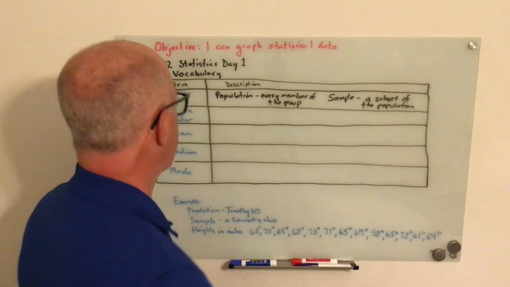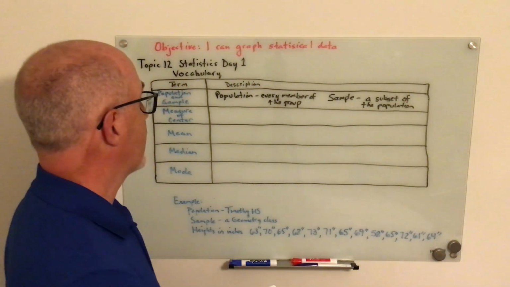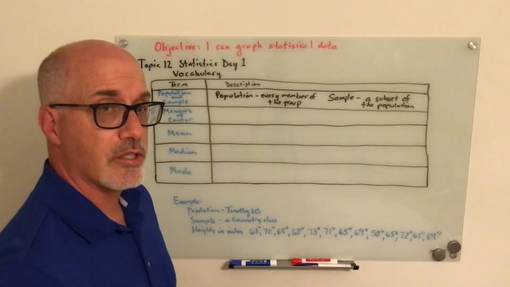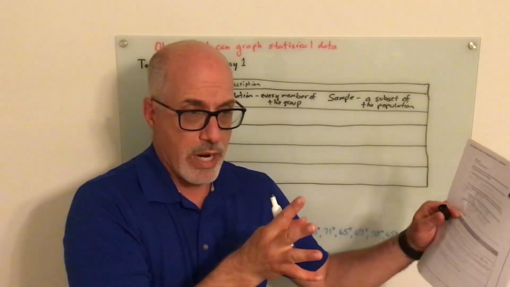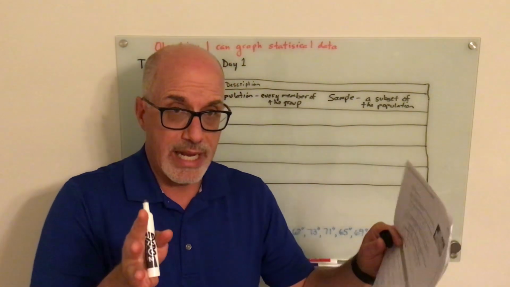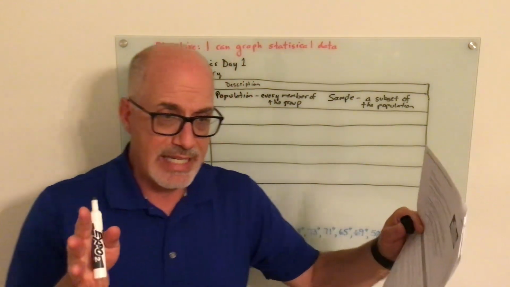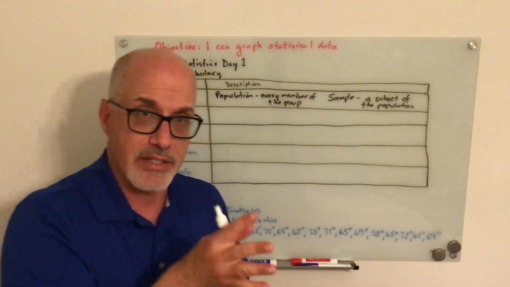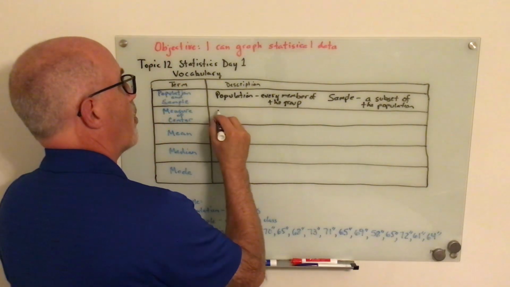So let's talk about some of the information we use from the population sample. First of all, we use a term called measure of center. When you look at the data, you want to know where it's centered, where it's located. So if you've got a set of data, where is that data located by looking at where the center of it is? Now, the measure of center,